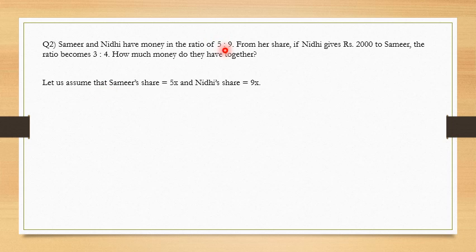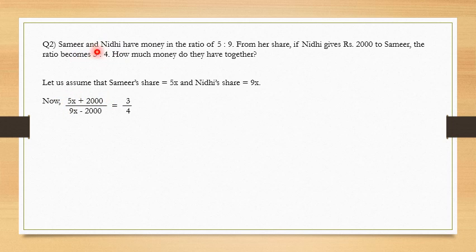सो इस रेशियो के साथ हम x टर्म लगाते हैं बिकॉज वी डोंट नो द टोटल अमाउंट कि x क्या है. तो इफ x is the total amount, Samir will have 5x and Nidhi will have 9x. Now since Samir's share got increased by 2000 and Nidhi's share got reduced by 2000, क्योंकि निधि ने अपने शेयर से 2000 कम कर दिए तो उसका शेयर माइनस 2000 हो गया, और क्योंकि समीर के पास 2000 एक्स्ट्रा आ गए निधि के पास से, सो उसके शेयर में हमने 2000 ऐड कर दिया.